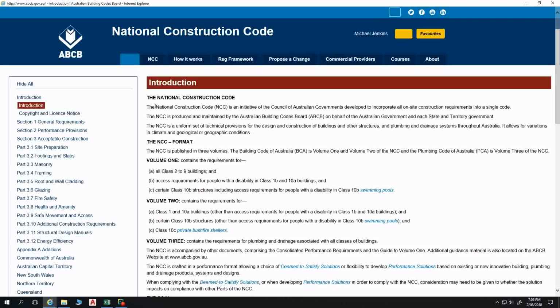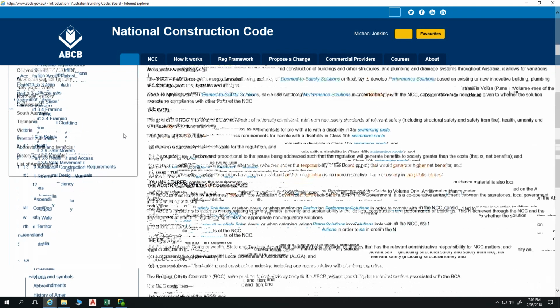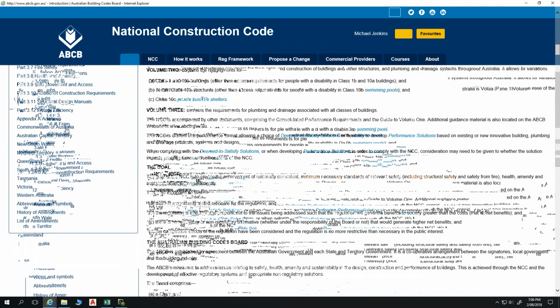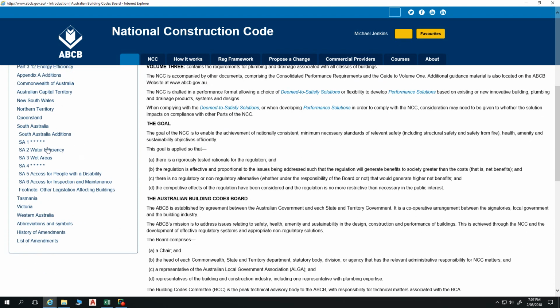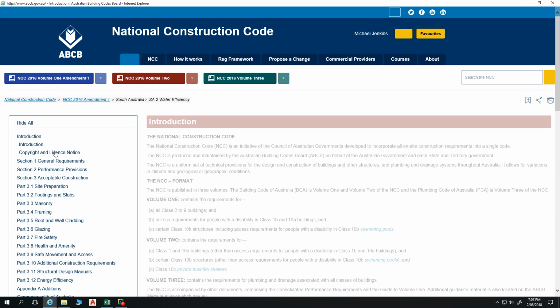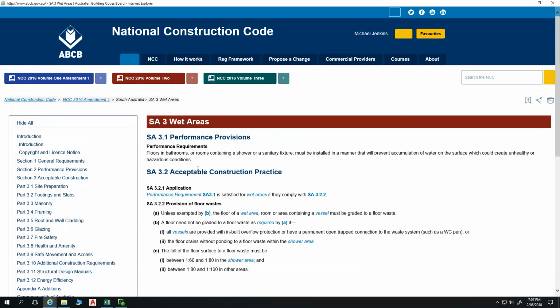I think we have a copy of the National Construction Code up here at the moment. One thing I would like to point out about the National Construction Code is, yes, it is the National Construction Code, but we still have this area here called Appendix A additions, whereby each state has its own specific set of state-specific considerations. So within South Australia we have water efficiency considerations, we have wet area considerations,